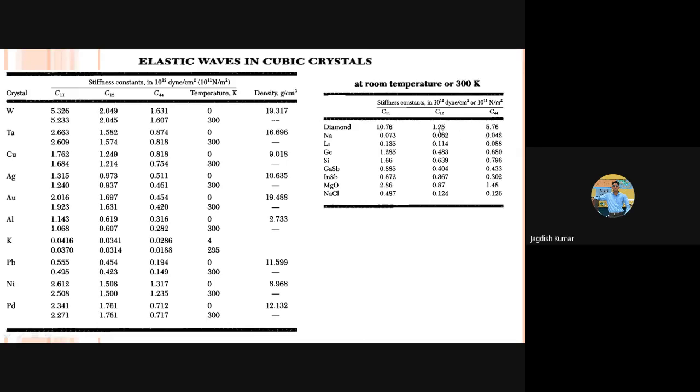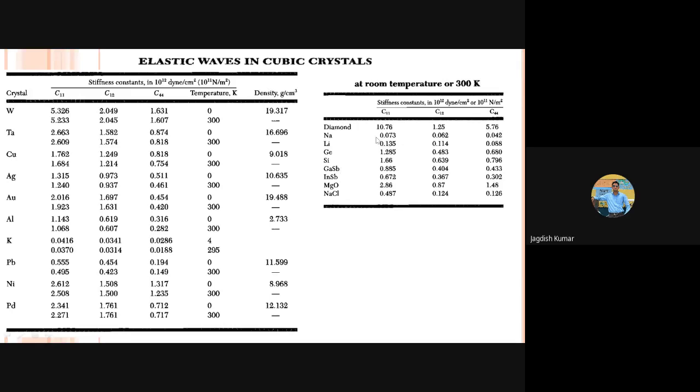So if you try to, for example, pull the diamond along some specific direction, we can be in a better position to pull that apart, or we can say the cleavage axis. But in certain axes, it is not possible because the strength is very, very large. So by looking at these, we can decide the cleavage axis, that is, what axis can be the best axis to cut a particular metal or particular crystal.